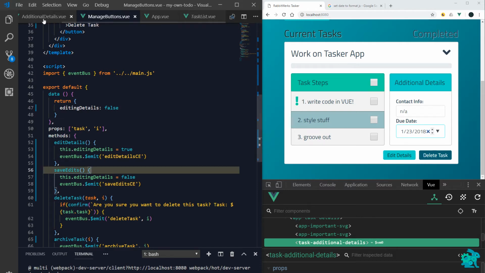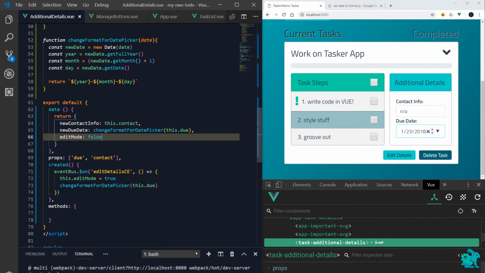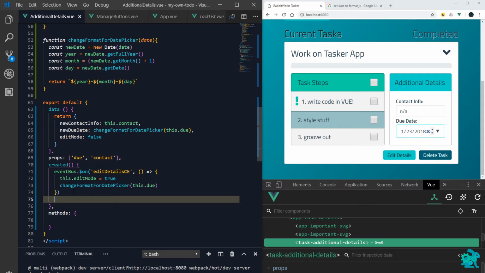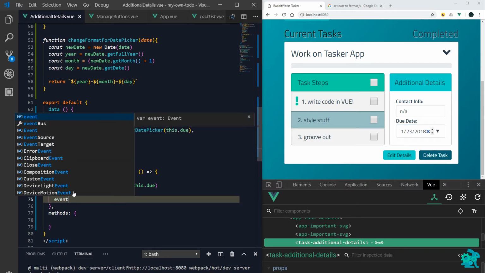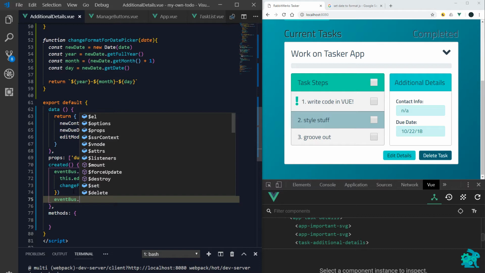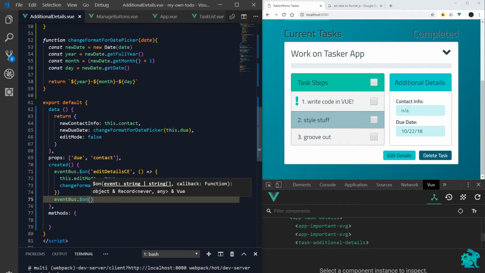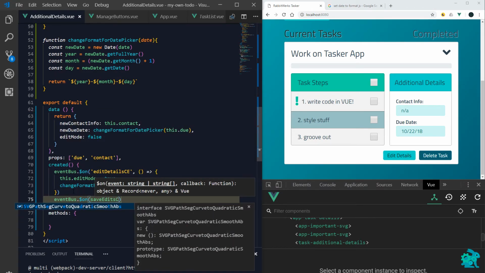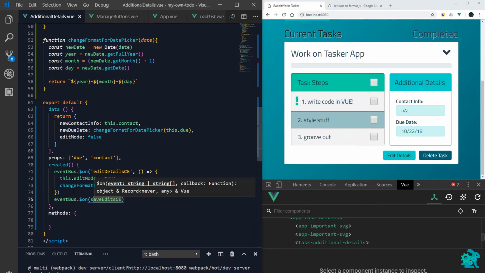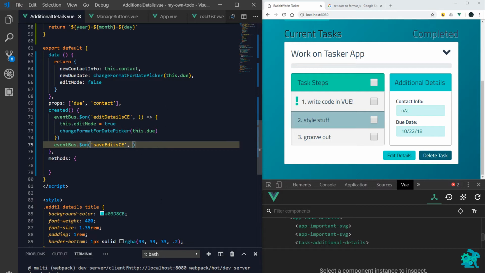So, alright, in our additional details component, we can say in this same created lifecycle hook, we can set up another statement here and say event bus dot $on, and it's going to listen for save edits CE. Again, we need to make sure that that's wrapped in quotes because it's a string. And so this is going to be where it gets interesting, because we're going to have to do sort of like a nested event,